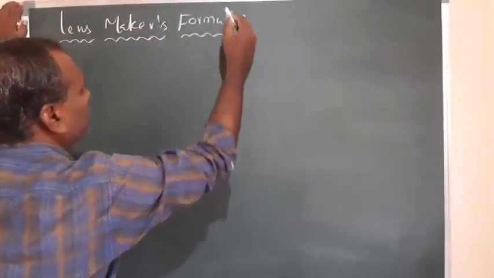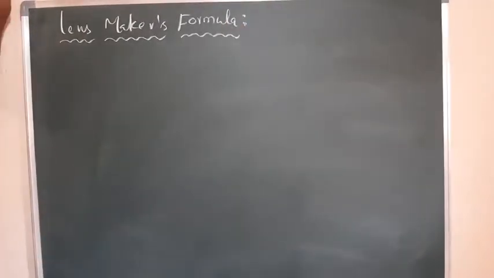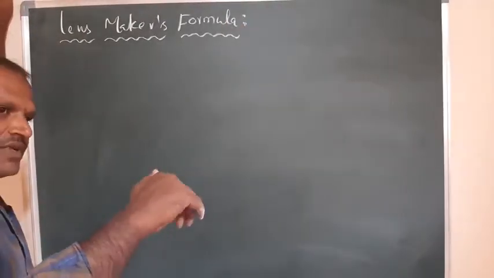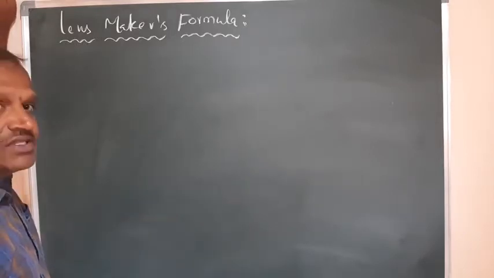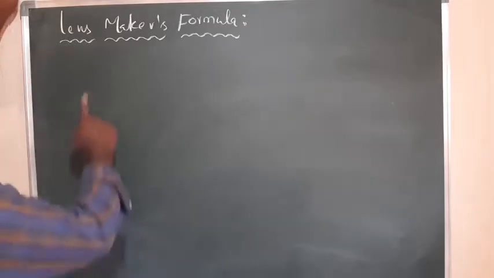Lens maker's formula. Now you have this one, the lens maker's formula or equation, whatever it is. To prepare or construct a lens, this equation should be obeyed. Based on this equation itself, we can construct the lens, deciding the radius of one surface and the radius of another surface according to the applications of that lens. Okay. So the lens maker's formula.